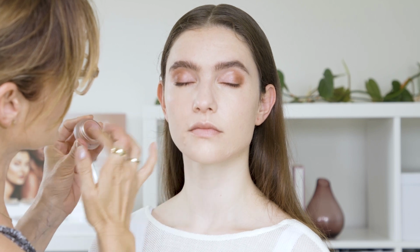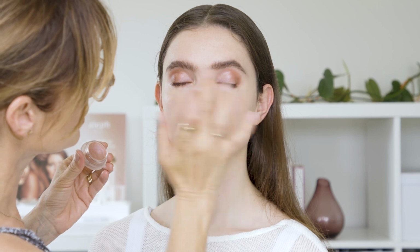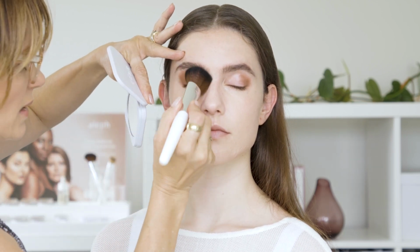And then we can go in with a little bit more Radiance Star just to make that pop in the center of the eyelid. So now we want to set that with our Prep Finish Powder. So this is where we use it as a finish powder to help set our makeup and keep it in place for longer. So using the pointed end of the brush, it's a perfect shape to get onto the eyelid and press that